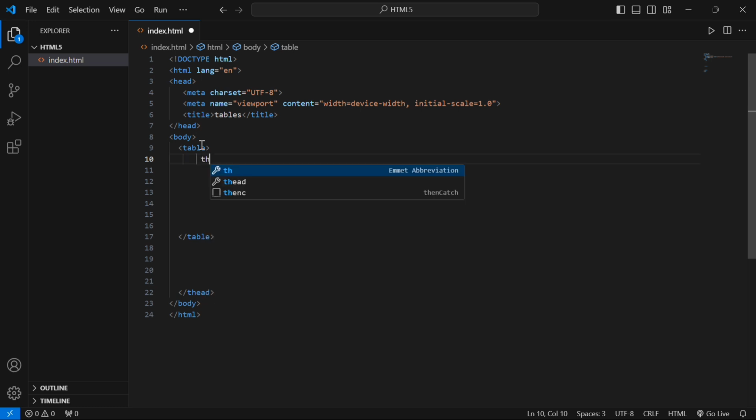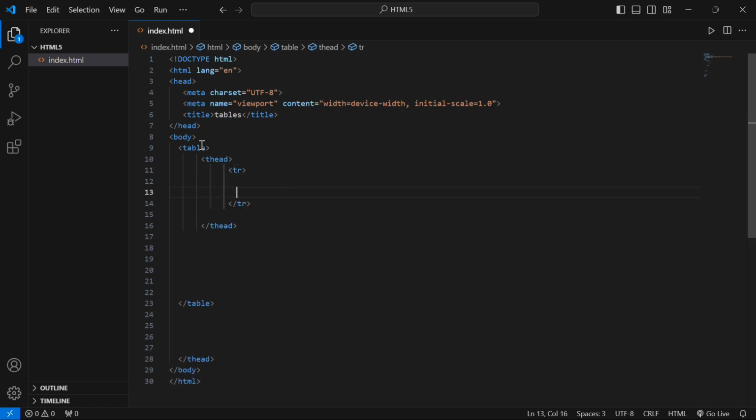So firstly, I write the T head, the table head. In between the table head, I write the TR tag. TR means table row. So in each row, I will write some data, means TH. Using TH, I am giving the heading to this table.